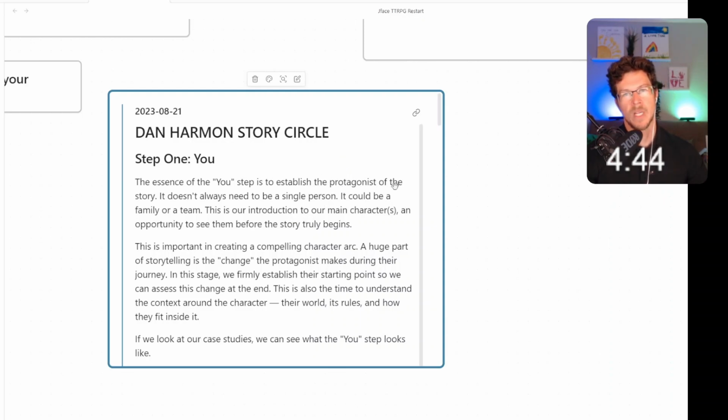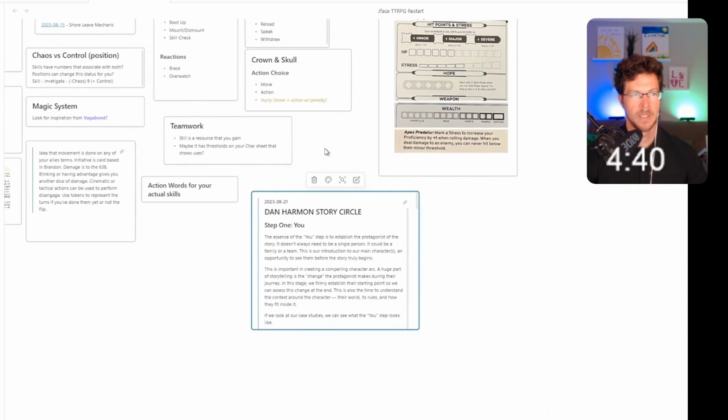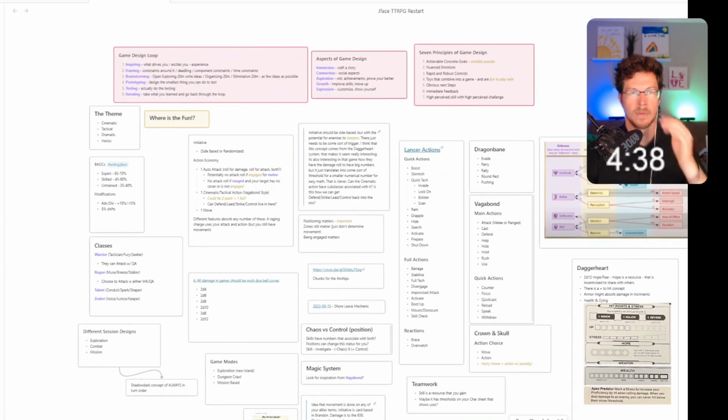And so that's very interesting to me. I think that it'd be pretty cool. And he gives examples in his TV shows about how multiple people are going through their own story circle in the same episode, which I think is also cool. Okay, so that is our exploring. This is open exploration. I don't think there's anything else I want to add to this because it's a lot.